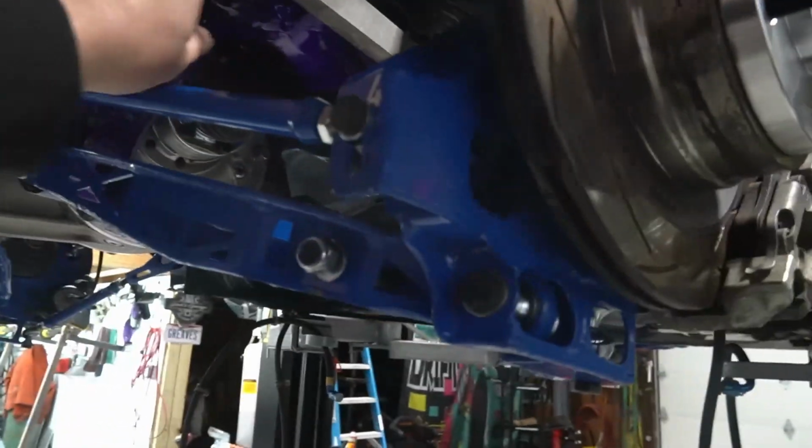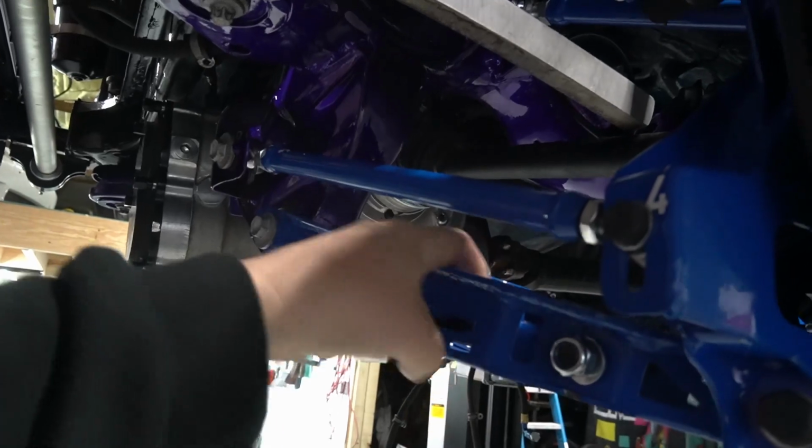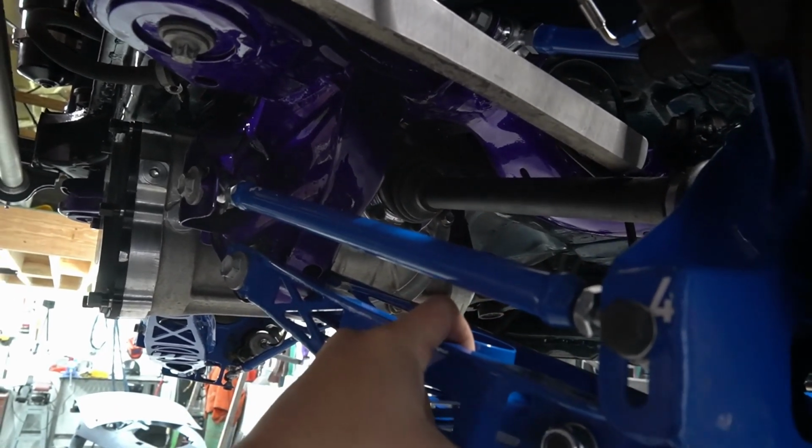So they're off at the moment, getting done. And I kind of want to leave it until I get the coilovers in to get this sway bar mounted, but I think the sway bar is going to end up coming off here somewhere, just so it doesn't interfere with anything, but not 100% sure yet on that. I really do want those coilovers to get that done, so we're probably going to call that rear end done